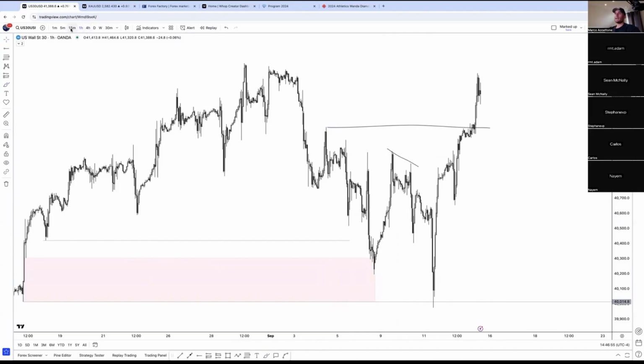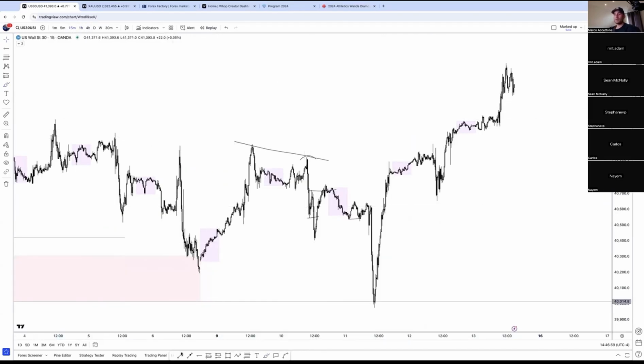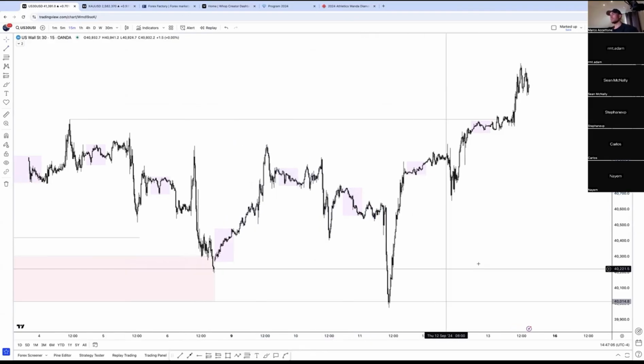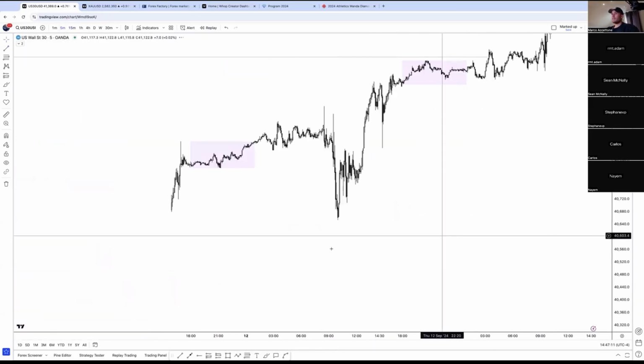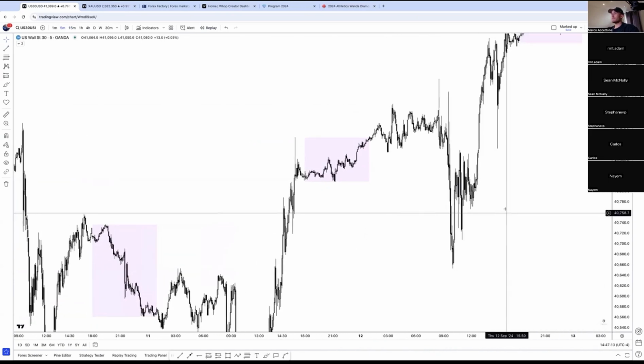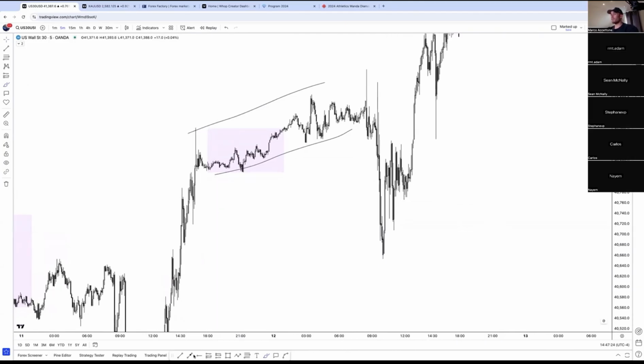Okay? My entry, let's go to the 15. We'll get rid of this line here. Use an actual one. Look at this. Let's go to the 5. First step I want to see. Look at this gross PA. Build up. All this price action is build up. Massive sell occurs to the downside. Okay? Essentially, like we were talking about, that false sell occurs to clear all of this liquidity.